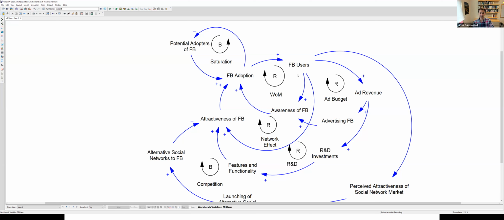So for our exercise, we are going to focus our attention on the two simple loops of saturation and word of mouth. These are pretty central loops, but also very simple in the sense that you don't need to identify too many auxiliary processes of how R&D investments happen or how competition decides to join the market. It's all feasible to add those additional mechanisms, but we want our first model to be something simple we can build together in a limited amount of time. So let's focus on these two mechanisms of word of mouth and saturation, and therefore you can ignore all the rest of these